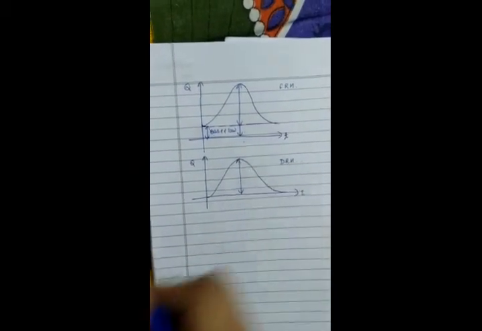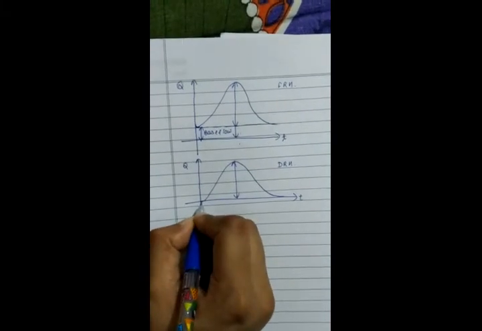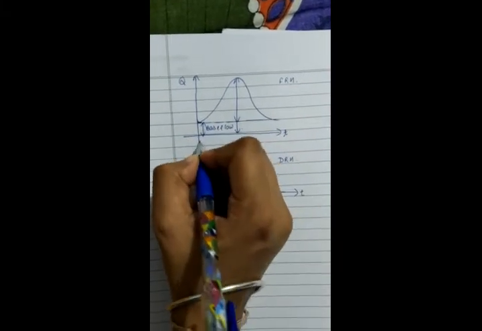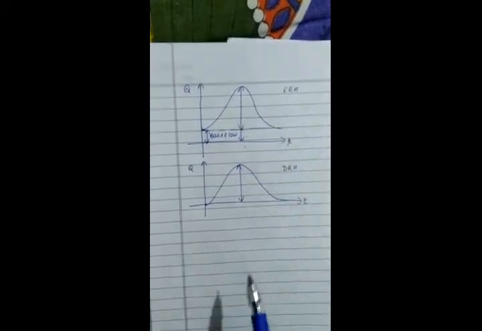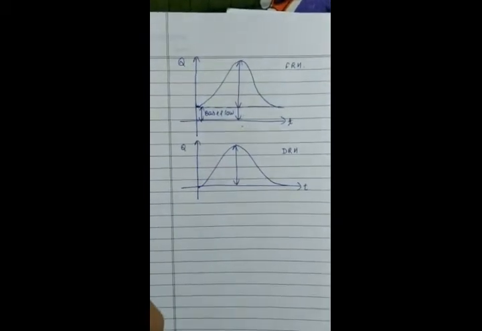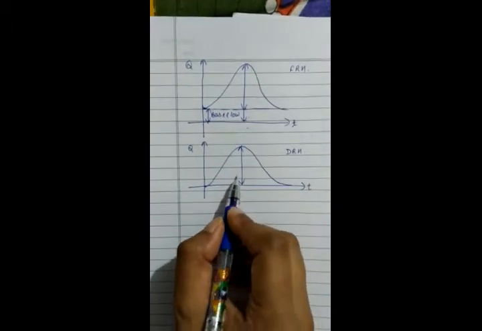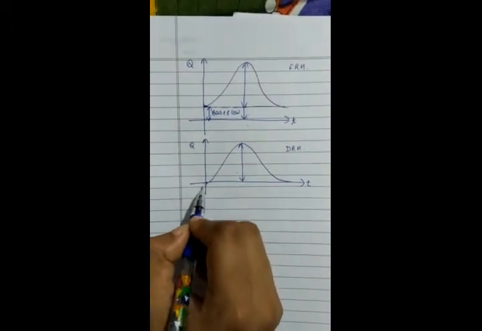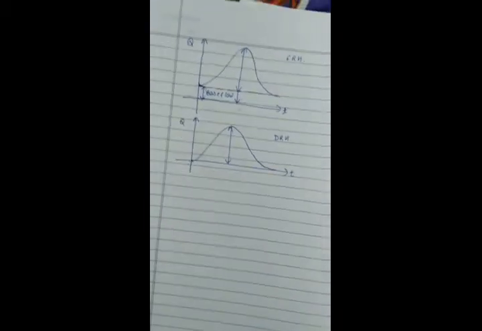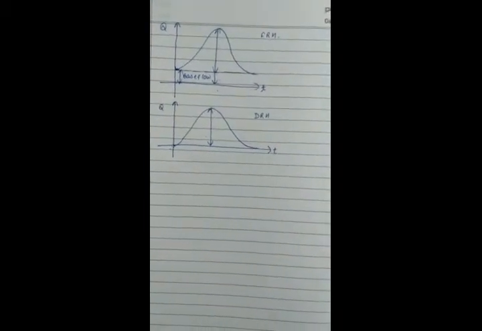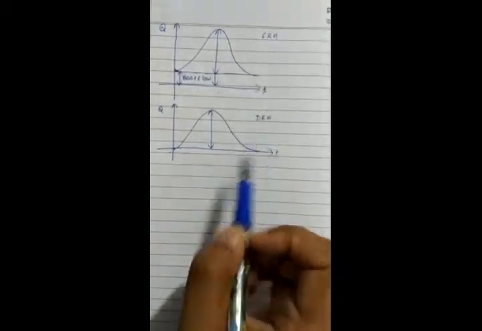If I subtract the base flow from the total runoff, I will get the direct runoff. So it will always start with 0, whereas this will have some base flow, so it will never start with 0. This is called flood hydrograph and this is called direct runoff hydrograph. Direct runoff hydrographs always start with 0 because we exclude the base flow in this. So based on this, there are two types of hydrograph.